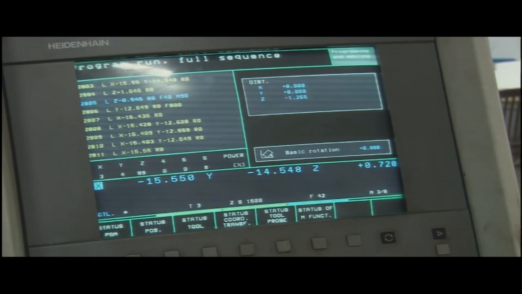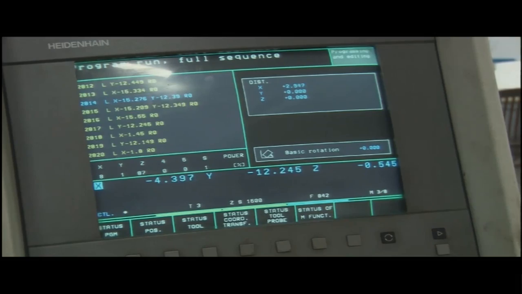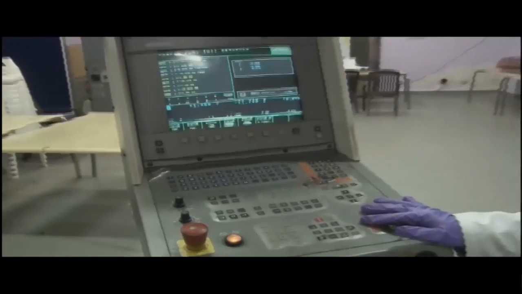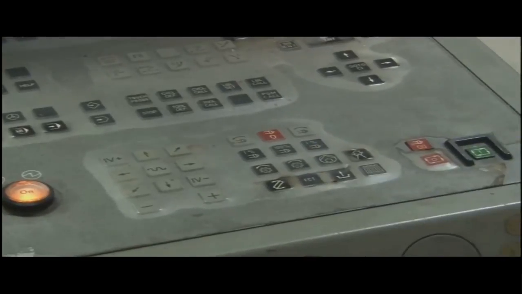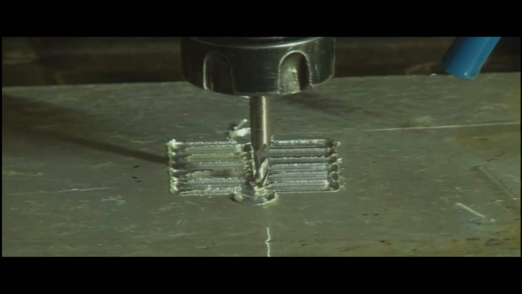Also, while machining, one can observe whether the machining is going right or not. If any alteration or change is required, that can be made by the operator. He can stop the machine in between and see whether the machining is going right, or what is the state of the machining. Now, we can switch off the machine and also see the state of the machine.